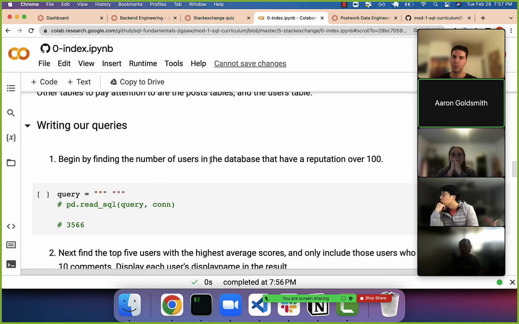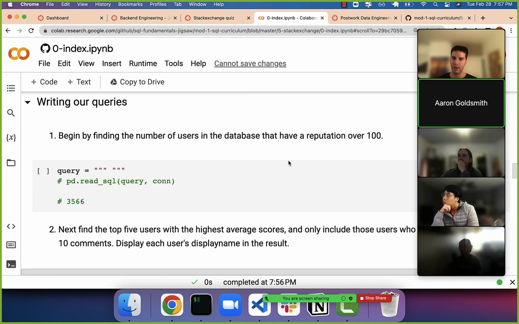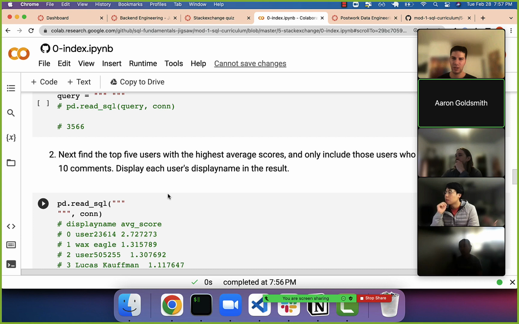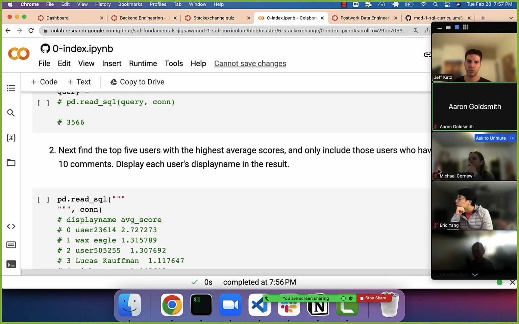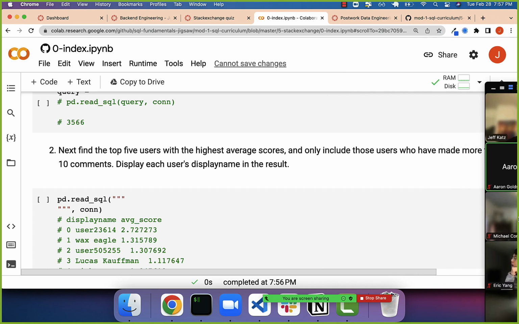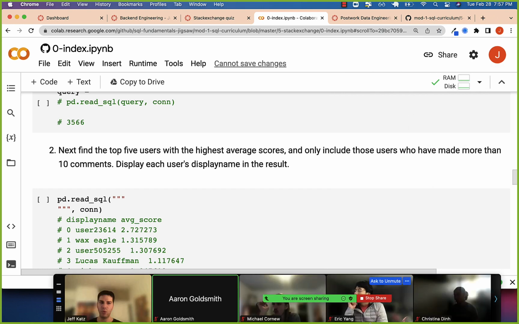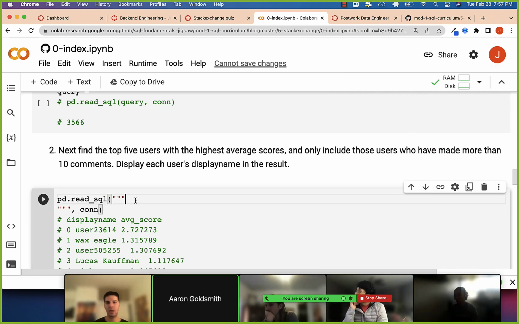All right, so for the number of users in the database who have a reputation over 100, we can skip that one. Let's do this one. Find the top 5 users with the highest average scores, only those users who have made more than 10 comments. Okay, so,